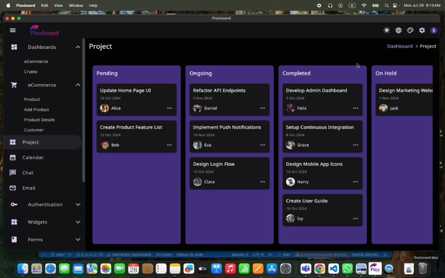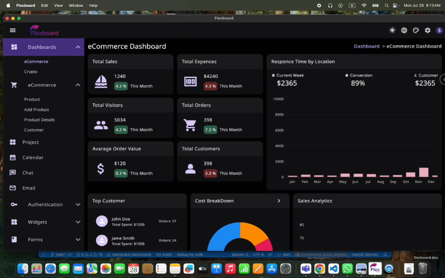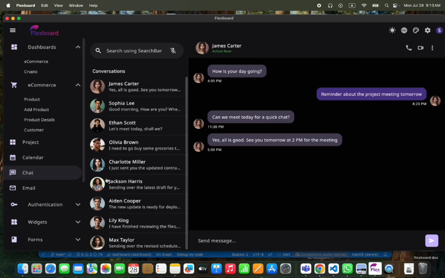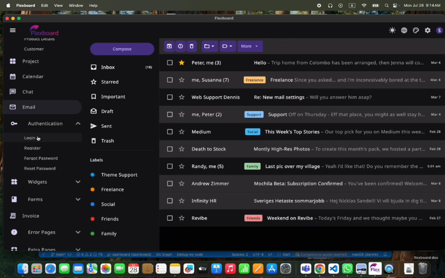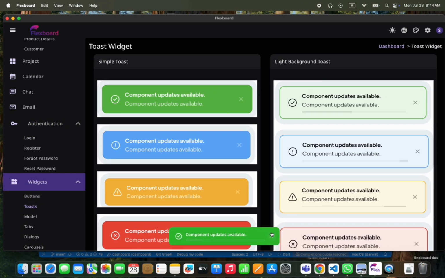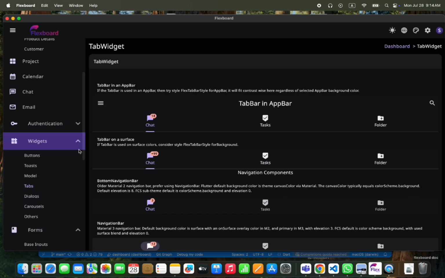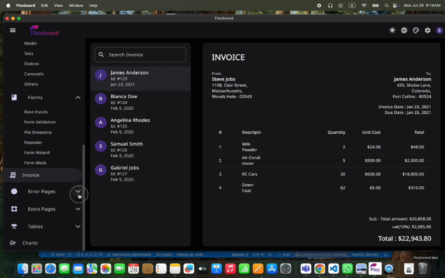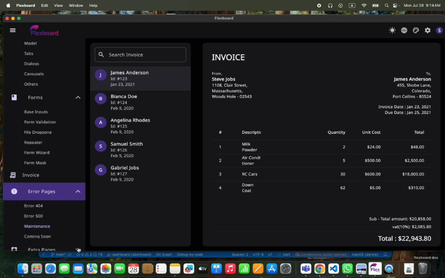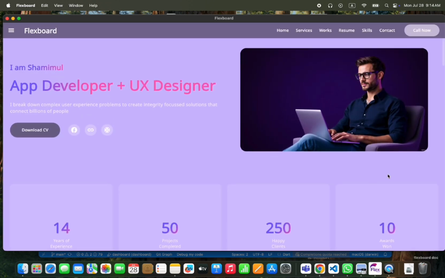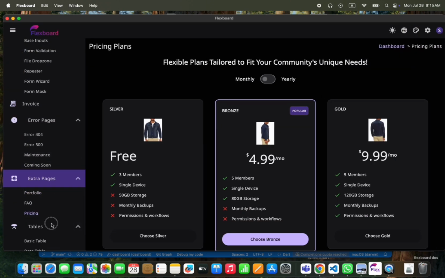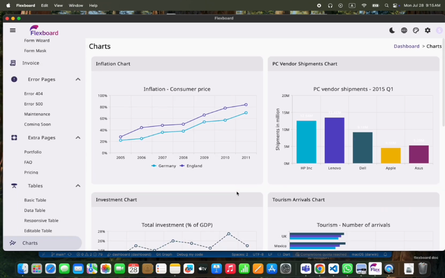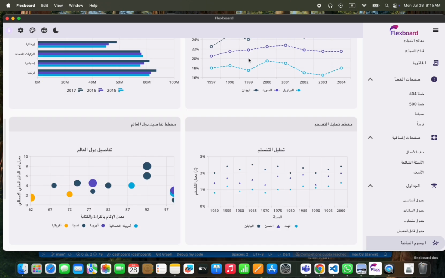Hello, Flutter developers. Launch your next application on iOS, Android, web, Windows, macOS, and Linux from a single clean Flutter code base. Our Flexboard Admin Dashboard is more than a template. It's a complete production-ready starter kit packed with features like dynamic charting, multiple dashboard layouts, advanced data tables, and full internationalization support. With pre-built translations for 6 languages, including Arabic, Spanish, and Chinese, a modern component library, and a clean